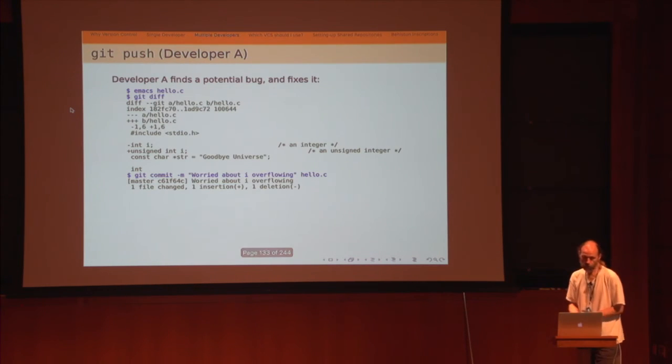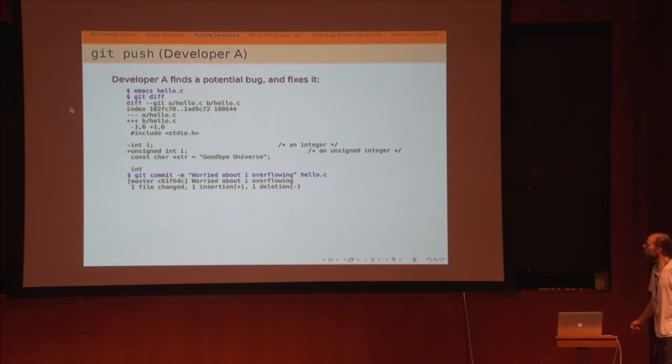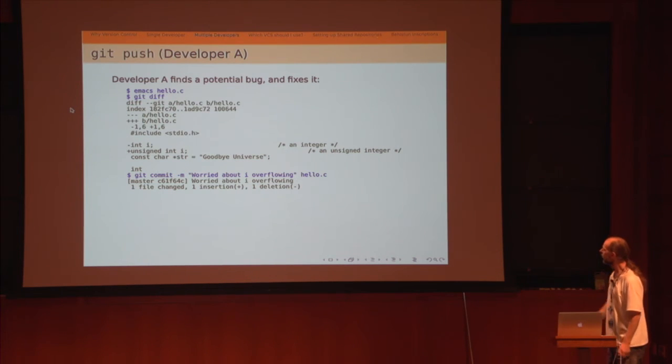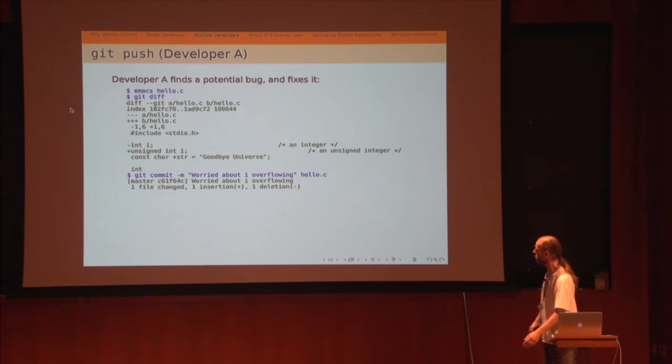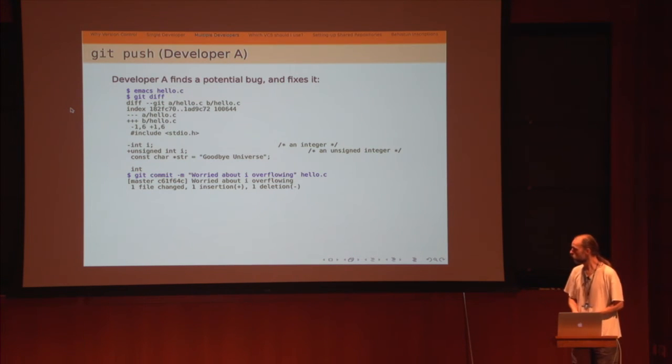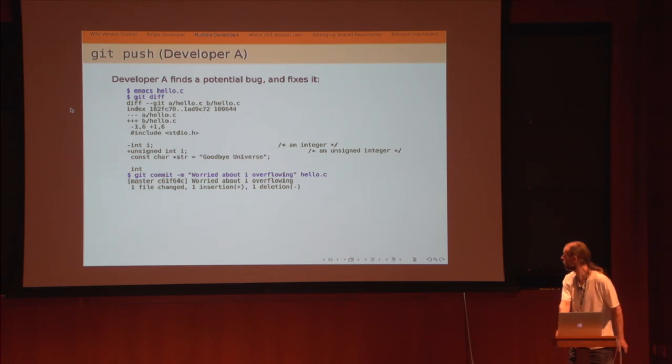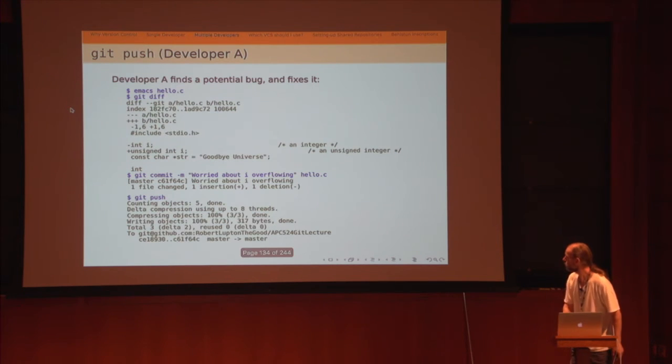So here's what goes on. So I find a bug. It's a pretty stupid bug, actually. Somebody's worried about I overflowing. Those of you who write C++11 or C++ and use the STL will know that they use unsigned integers in places that are just annoying, like the size of containers. So people use unsigned int to save nothing. Somebody did the same thing here.